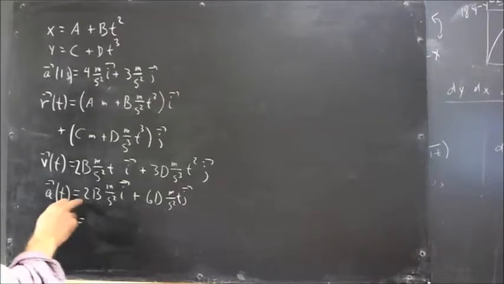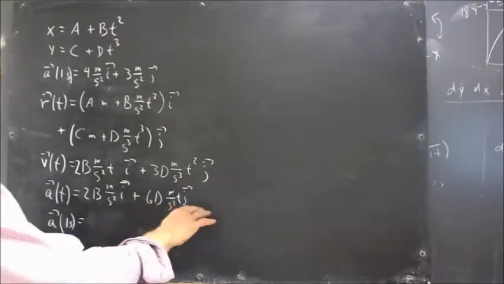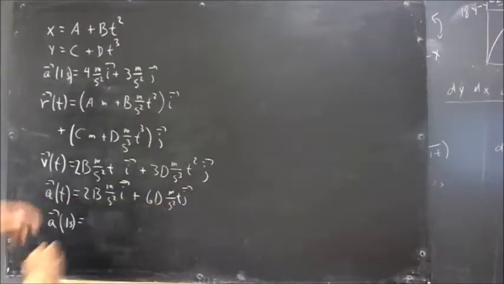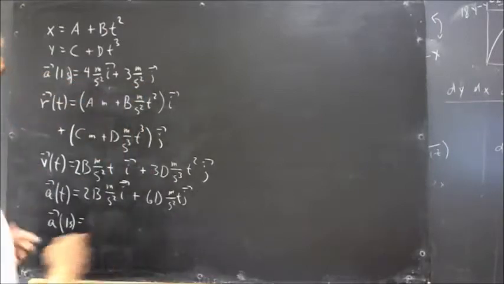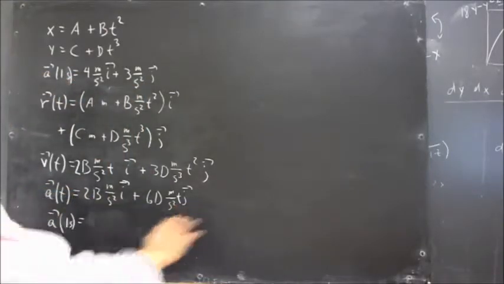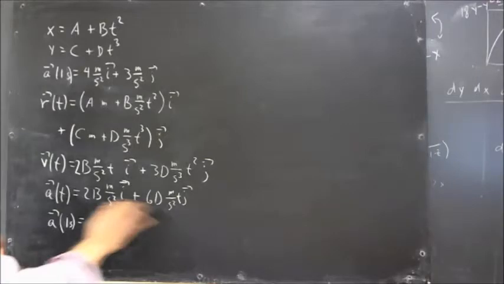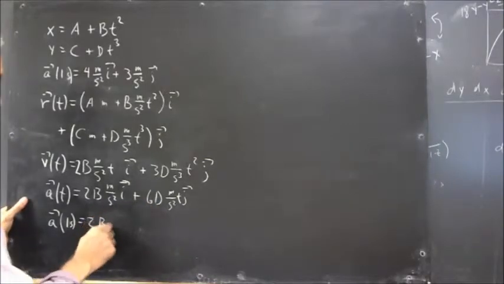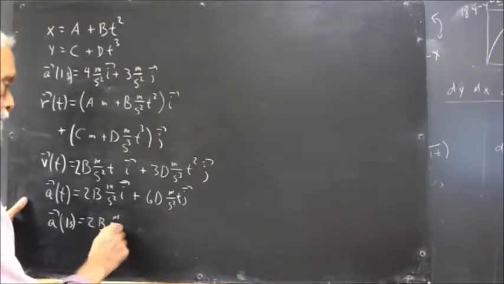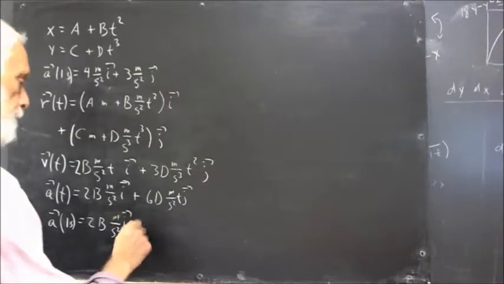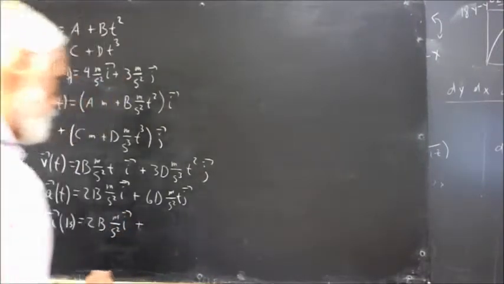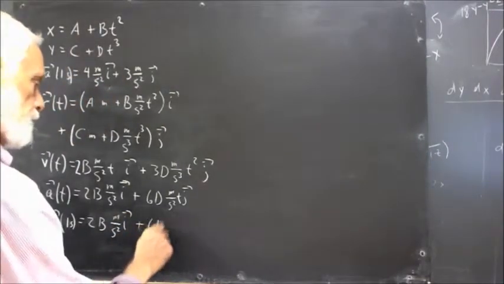A at 1 second is what we get when we substitute 1 second in for t in this expression, and it is going to be equal to this. So we're going to set the two equal, but I want to start by substituting t equals 1 second into this expression. Well, we get 2b meters per second squared times i plus 6d,